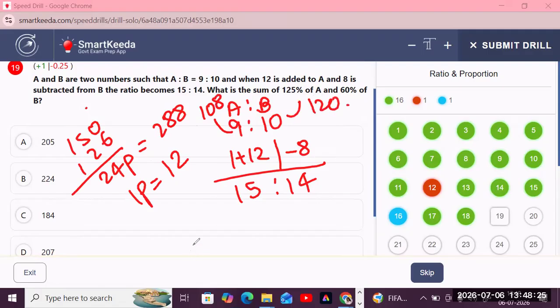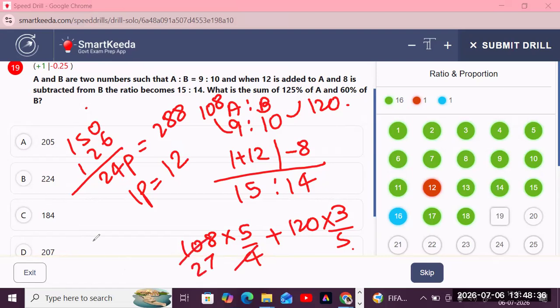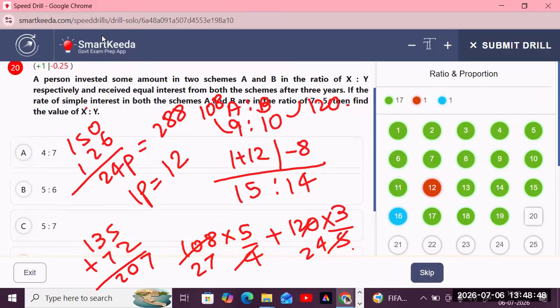The sum of A of 5/4 plus 120 into 3/5 is equal to 27. तो ये 135 plus 24 is equal to 72. So 207. 207 is the correct answer for this question. Next,